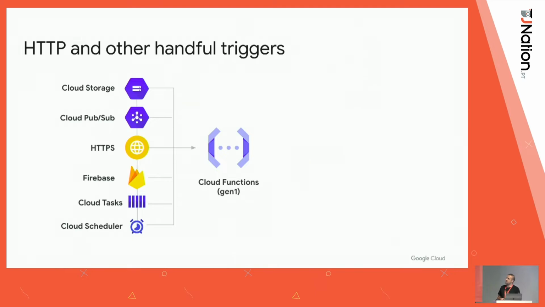And when you look at these functions, they were mainly HTTP driven. So usually it was the HTTP or HTTPS that triggers your function. And on Google Cloud, the first generation of cloud functions, we also had some other triggers. For example, you could save a file to cloud storage, and that could trigger an event, or you could push a message to a PubSub topic, and that could trigger an event. So these were a handful of triggers that we provided, but they were very limited. Like you couldn't trigger your function in many ways. It was only like 4 or 5 different ways.